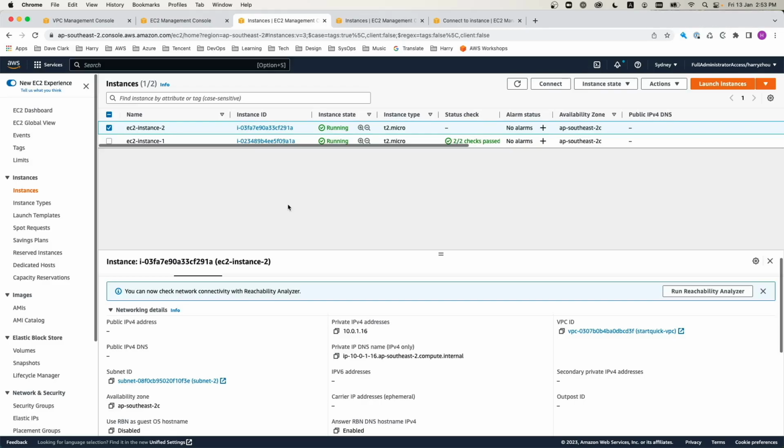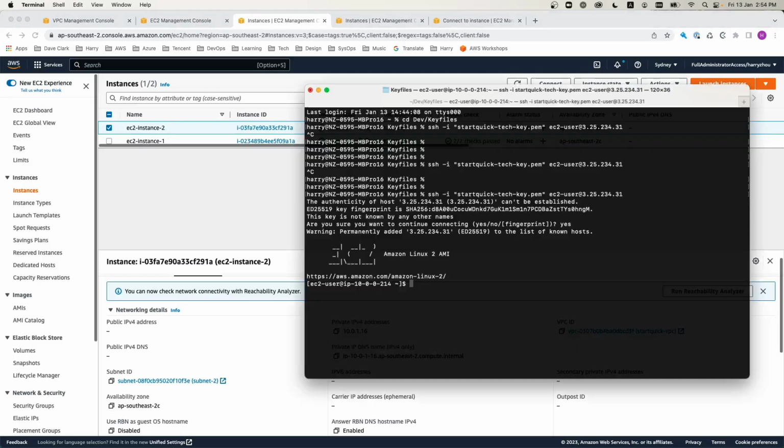Absolutely, we can't access the EC2 instance via SSH because it cannot be connected, but we'll try to ping it via the EC2 instance 1. So now we're still